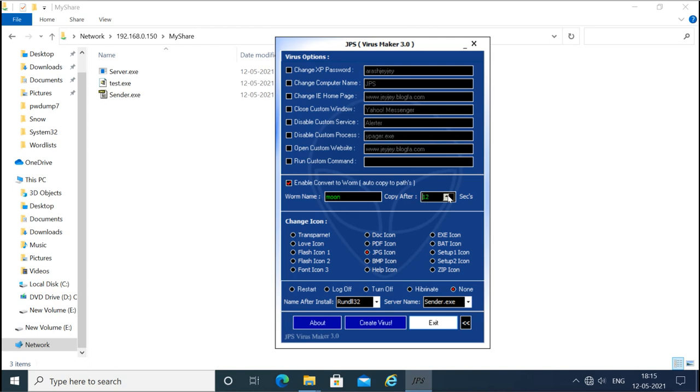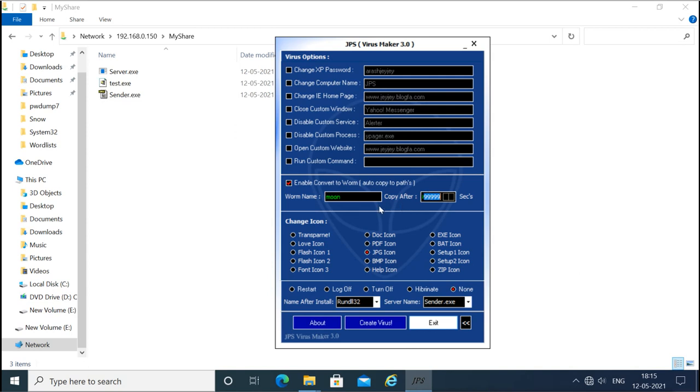So as soon as it runs the first time, it will start making this number of copies. And you can see it is a lot of copies within a second.